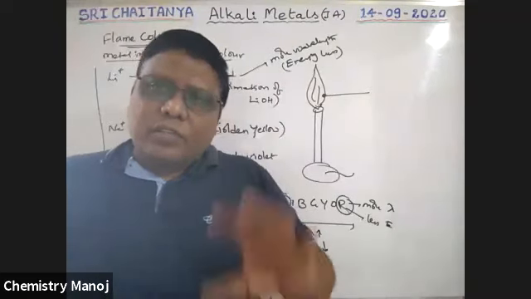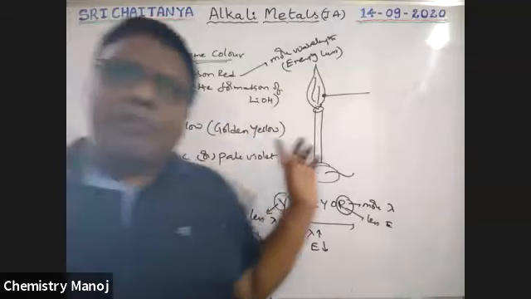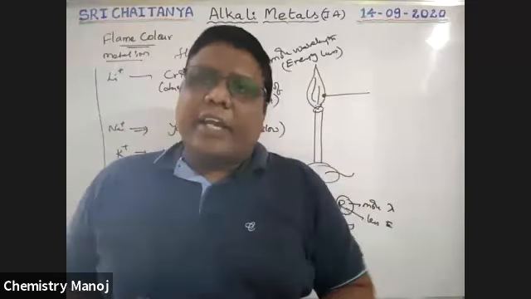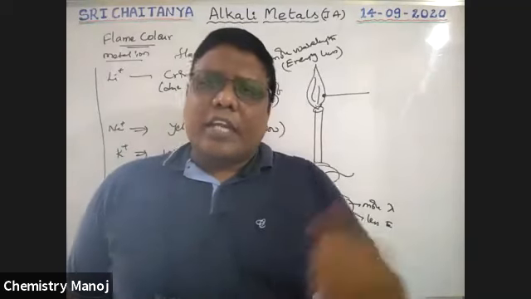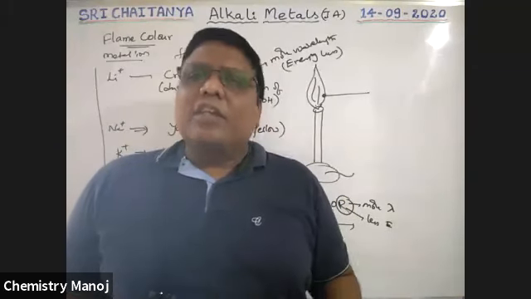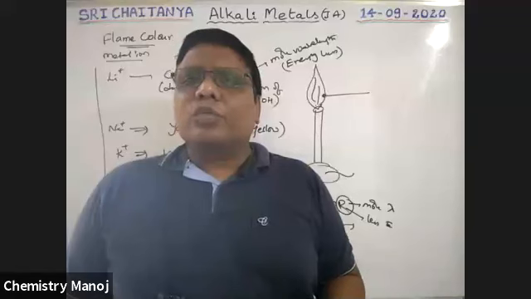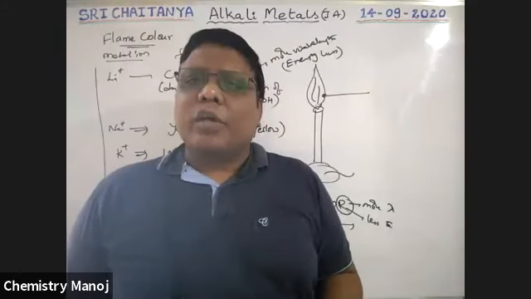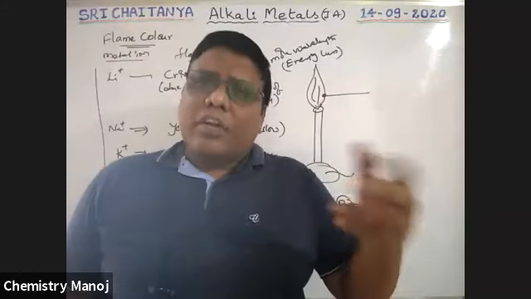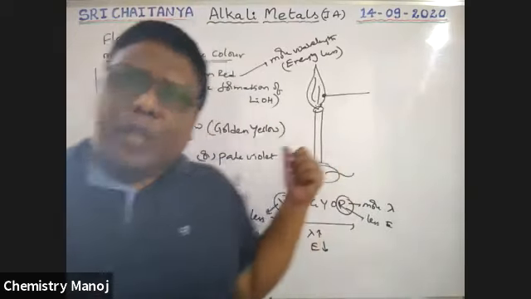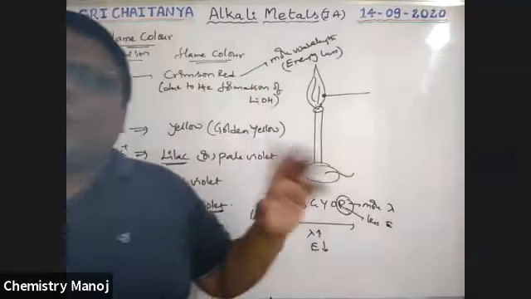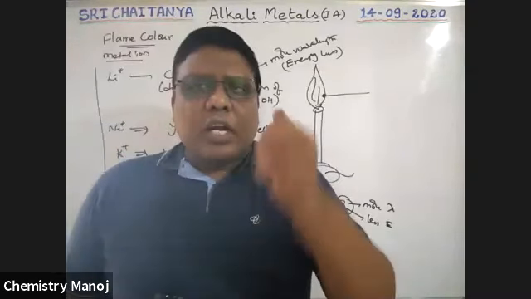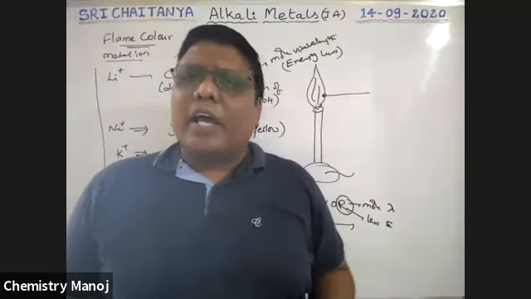Colors of the flame. You should keep in mind, these flame colors are very, very important in qualitative analysis to identify the metal ions in your lab. So there is an unknown salt. If an unknown salt is given, to detect the metal ions, different metal ions have different colors. If potassium ion or any one of these metal ions are there, these are the colors we observe. Based on this observation, those salts may contain the corresponding metal ion.